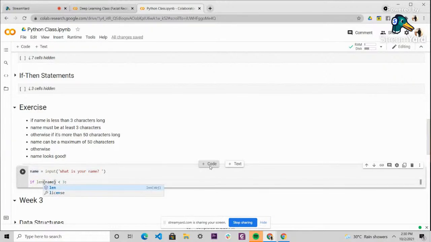Now, we didn't talk about len. I expected that you would do some research on it. Len basically gives you the length of your string, or the length of your variable. So in this case, we're saying if the length of name, or the number of characters in name, is less than 3,